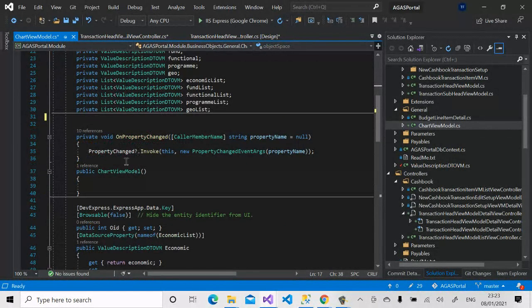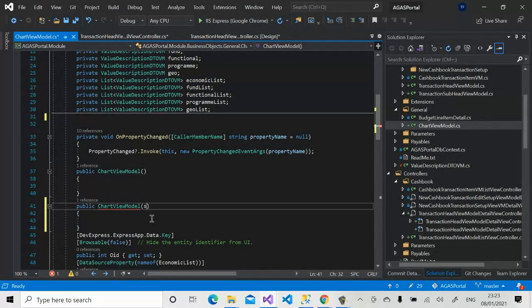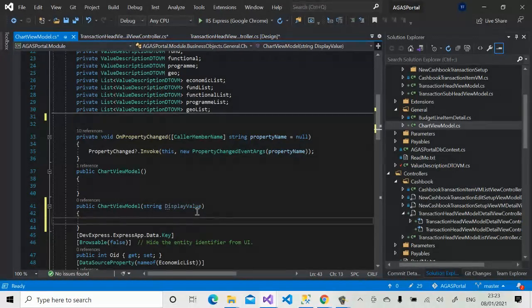So we can change it by defining a constructor for a chart model, calling it display value. Now, when we get it,